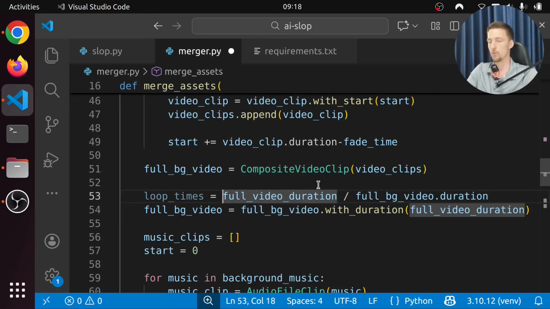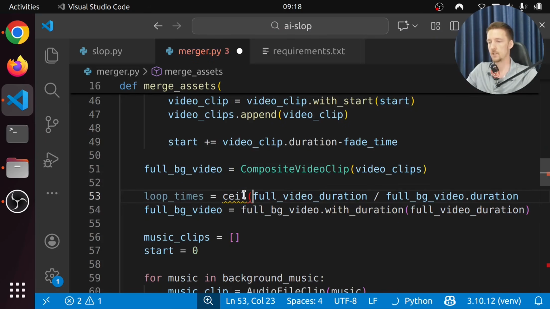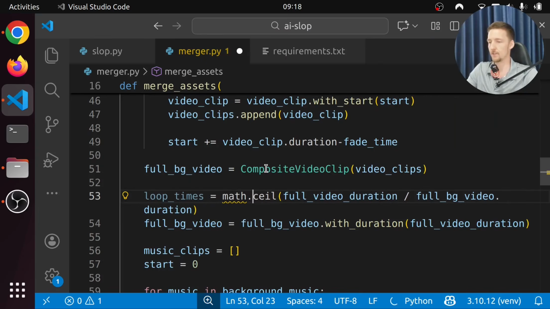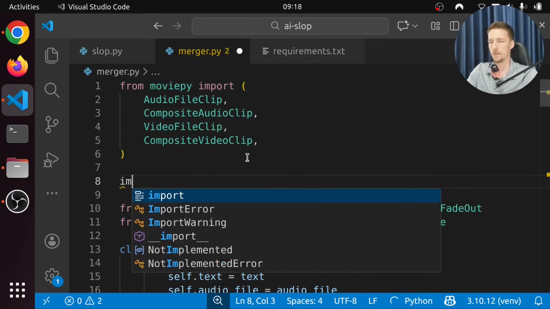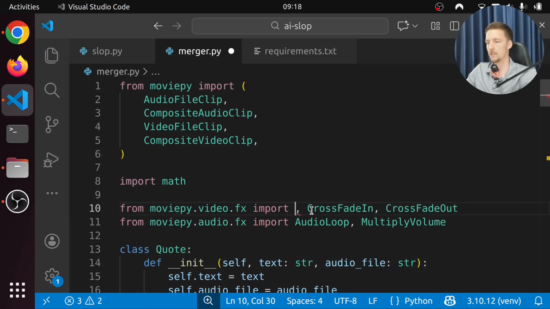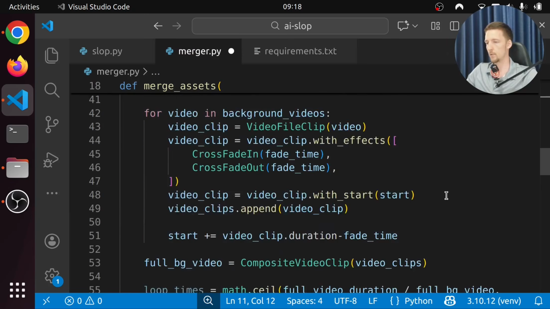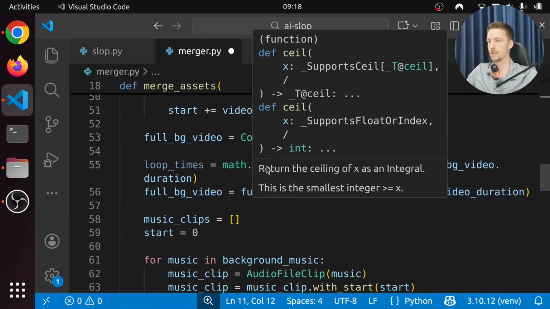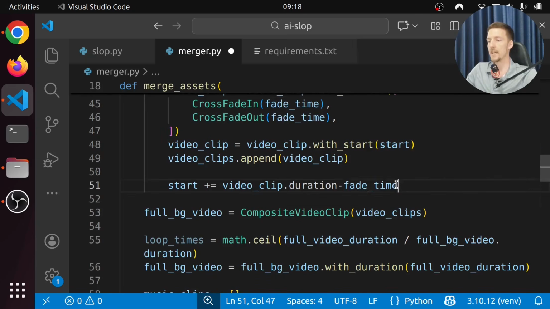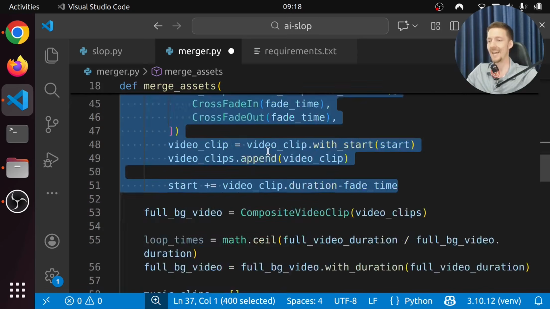So we have to do a ceil. Is there just a ceil in Python? How do you do ceil in Python? Maybe math.ceil. Is there import math? And let's now import the loop. And let's see, do we have that kind of thing? Math.ceil. Okay. So then we have to do all of this again.